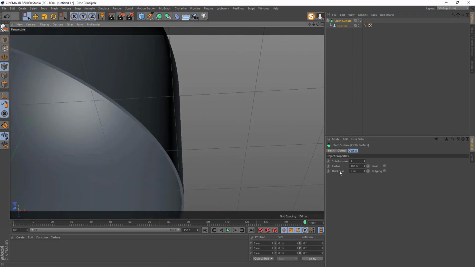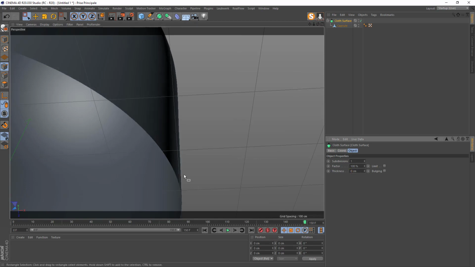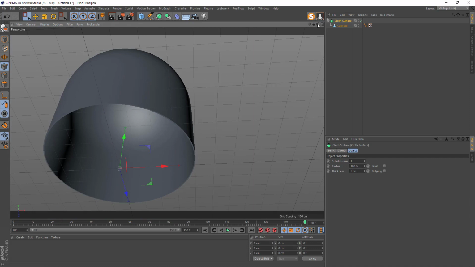So now we've got 5. Let's see how many. Yeah, 5 is good this way, outside, but you can put -5, so it goes inside, but I will go outside. So I put 5. And I think it's okay.